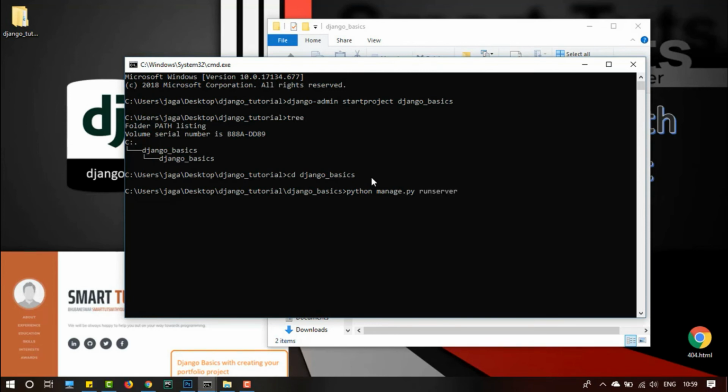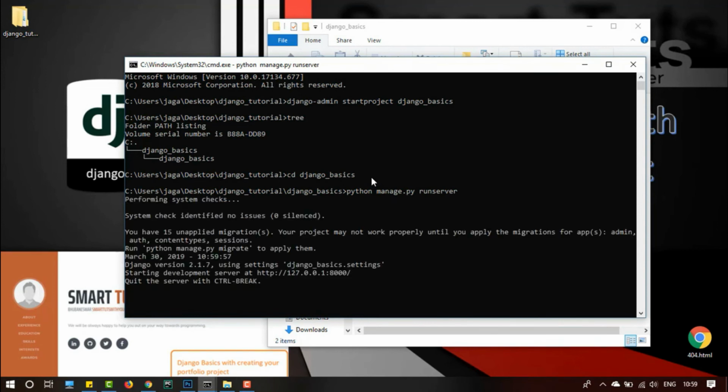So let me hit enter and discuss something. We are running the server. Have you defined the server? Have you started the server? Have you done anything on the server? Don't be stressed. Django is providing us a development server. We can use this server for development. This server consists of all the server criteria. While running this command, our app is going to be executed by the Django server. This server is giving us the response on this link.